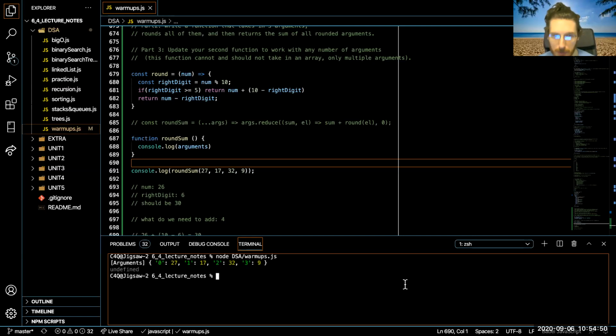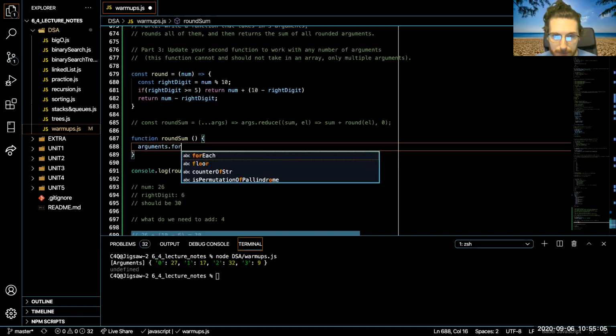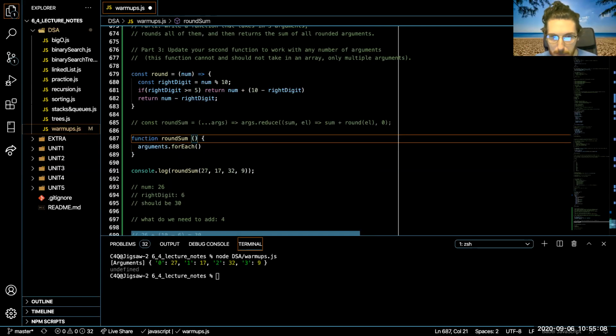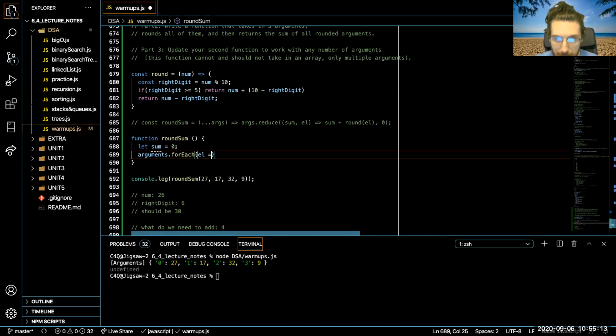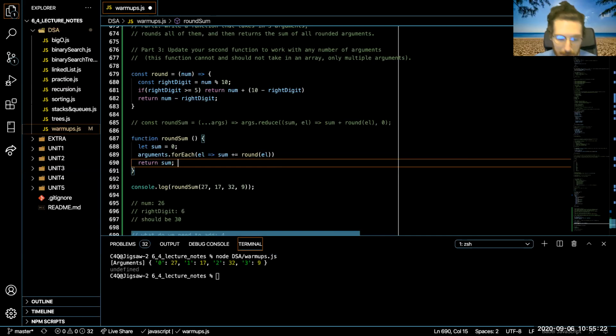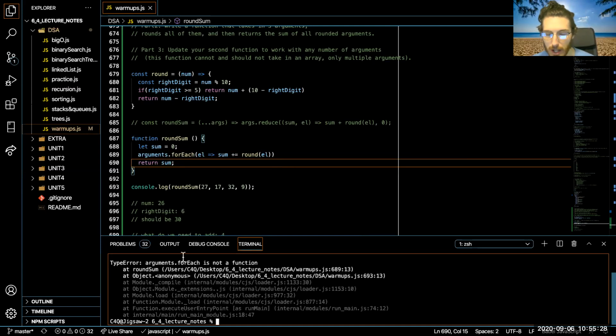But it's very important to realize that this is not an array, right? I cannot do arguments dot forEach. If I try, we'll see what happens, but I'll write it like the way we did the problem before, right? We had sum equal to 0, and we did arguments dot forEach element. We'll say sum plus equals round of element, right? And then we'll return the sum. That's essentially what we had before. It's gonna throw an error. It's gonna say arguments dot forEach is not a function,